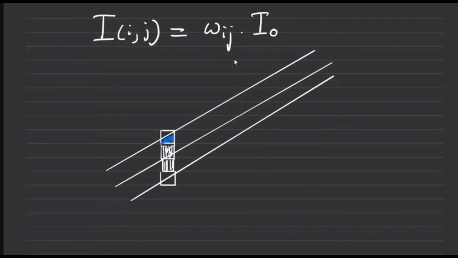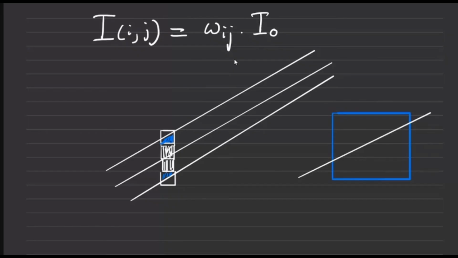In reality, I cannot color half a pixel. It has to be a full pixel. But if I draw this pixel a little bigger, and supposing this is the edge of the line moving on this pixel,